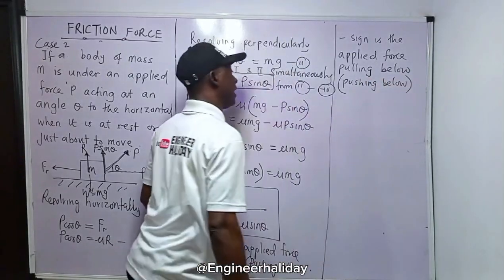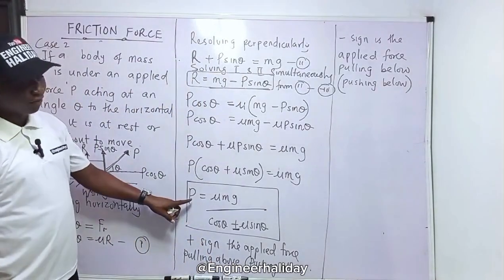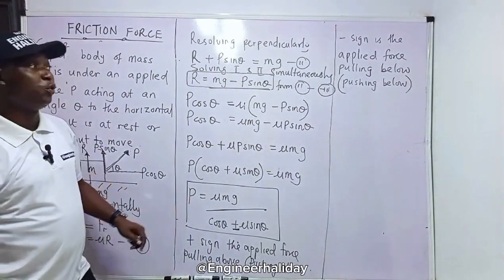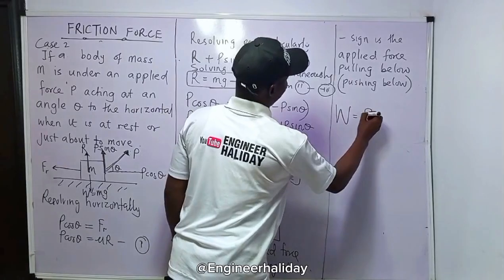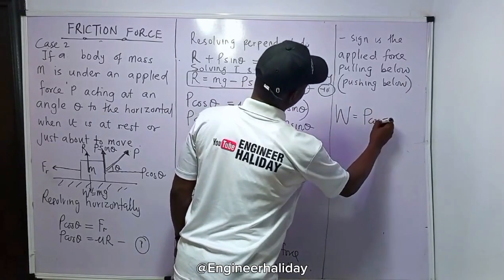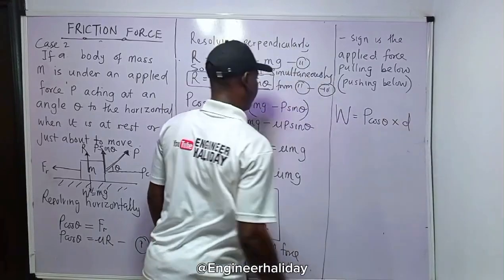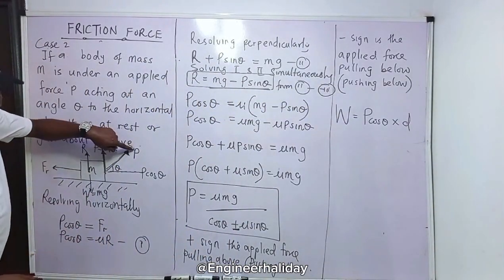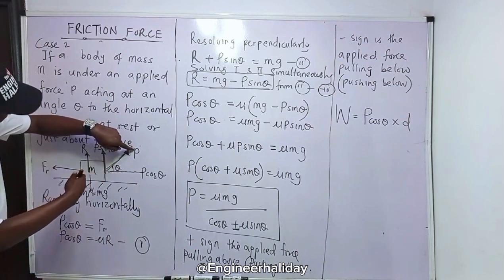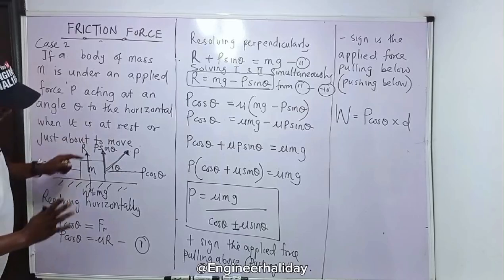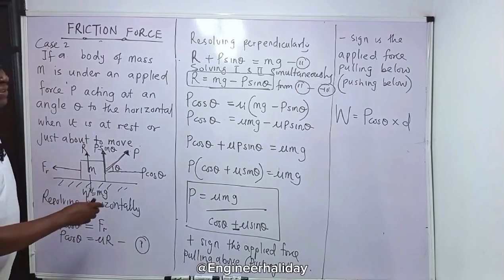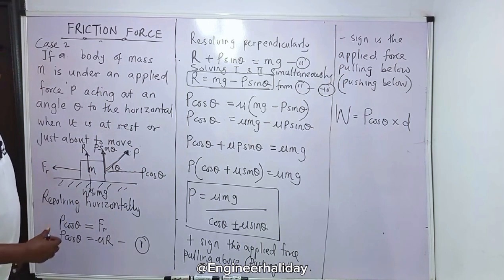Some questions will tell you to find work done. After you have solved for P, you will now have to calculate work done. Work done will be equal to the force applied cos theta times distance. They will not give you P, the applied force. They will give you friction, the reaction, the angle, the mass, and the distance, and tell you to find it. You understand now? In case a question like that comes up,